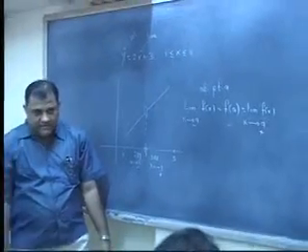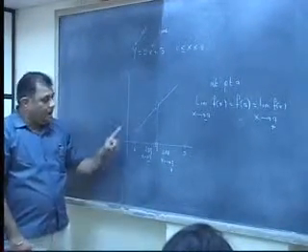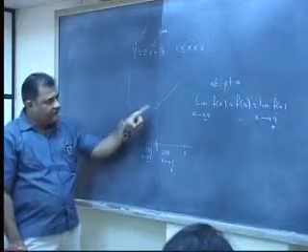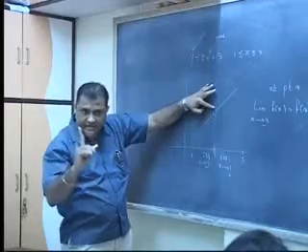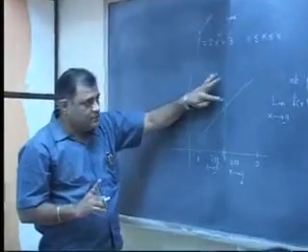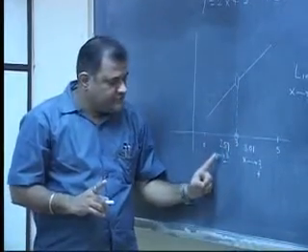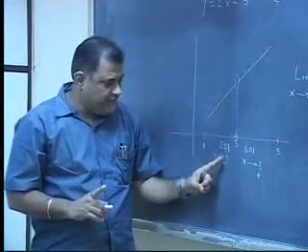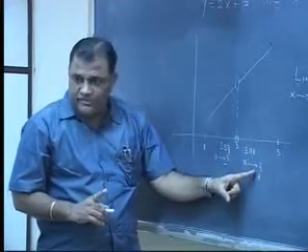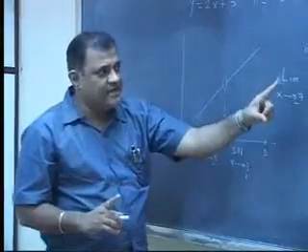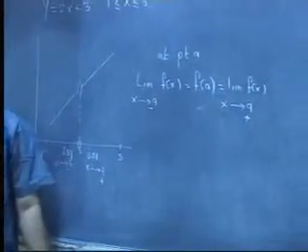Is the concept clear? I summarize. If in a graph there is a break, then the function is said to be discontinuous. To check the continuity at point a, check the three values: a from the negative side, at a, and a from the positive side. If all these three values are equal, then the function is continuous.